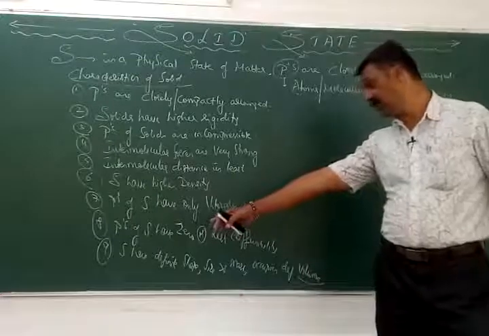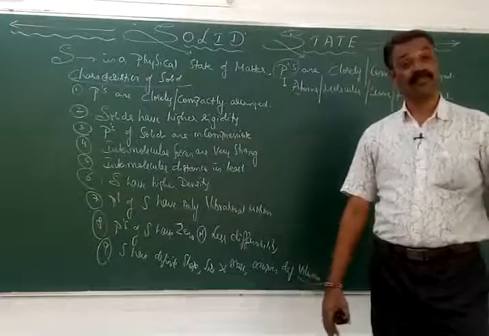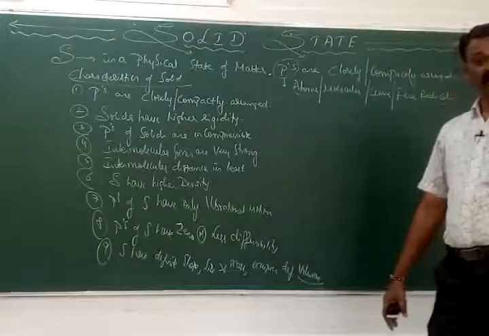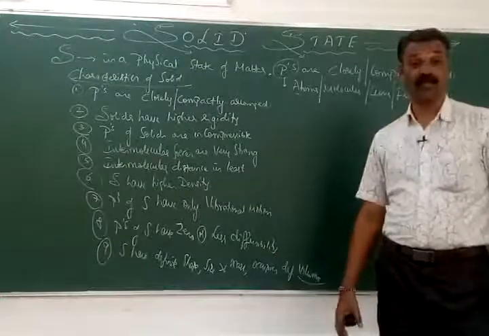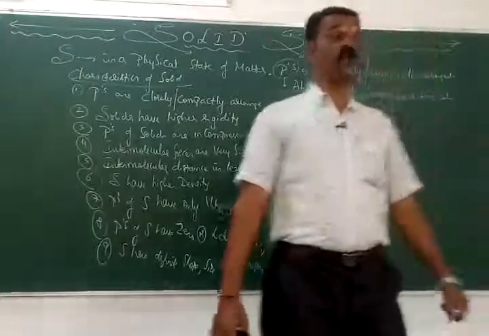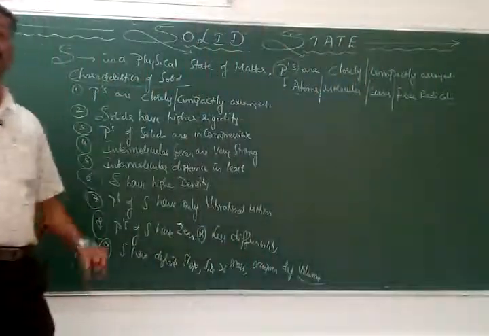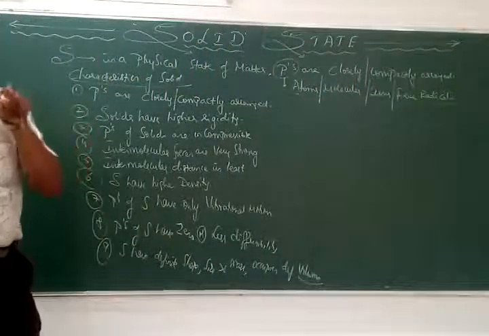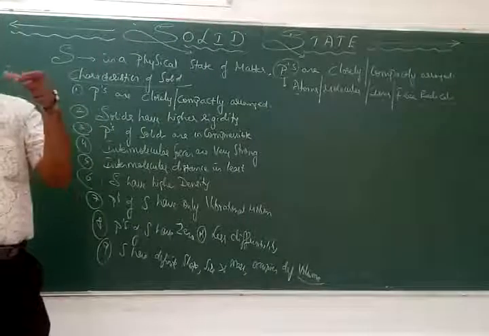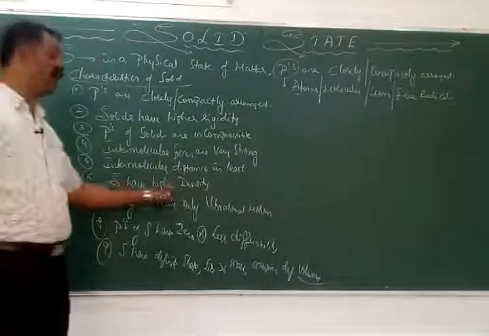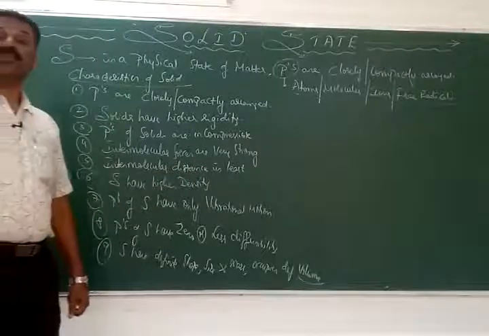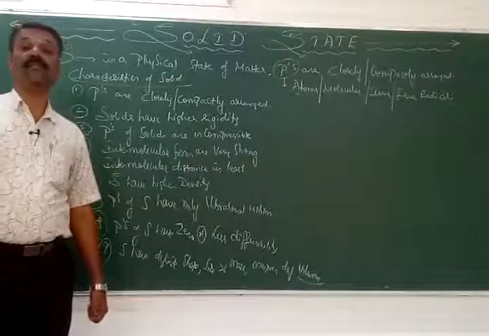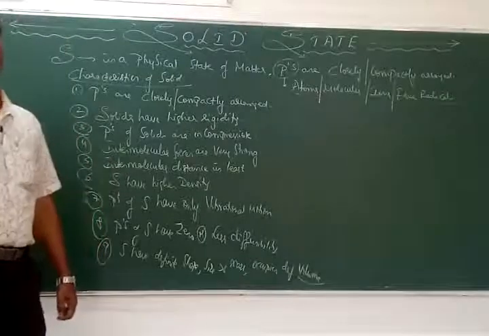Why do they have the highest density? Let's observe the ninth one. Solids have a definite size, definite shape, definite mass, and also a definite volume. As the particles are very close and compact, the mass is going to be higher while occupying less volume. Therefore, higher mass and lesser volume means indirectly the highest density.